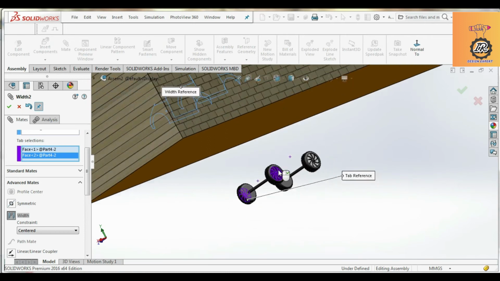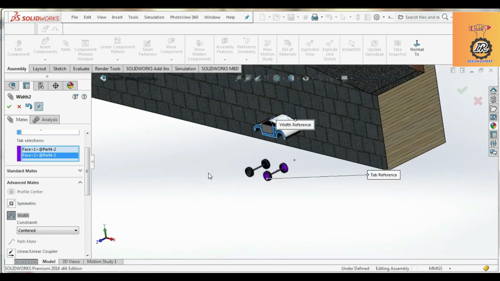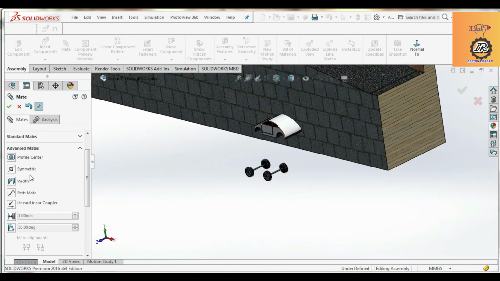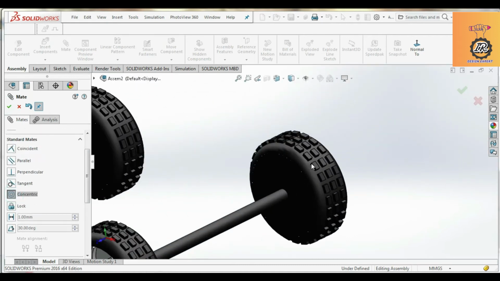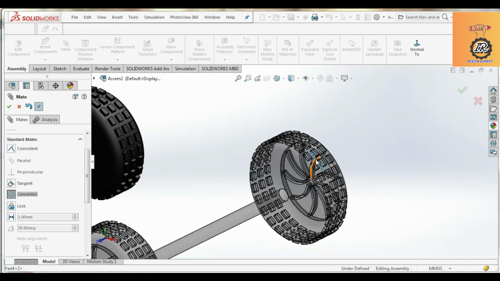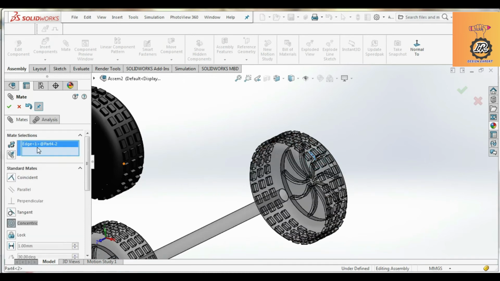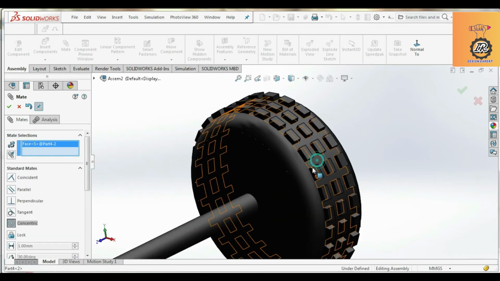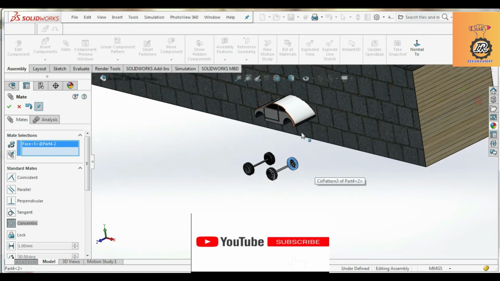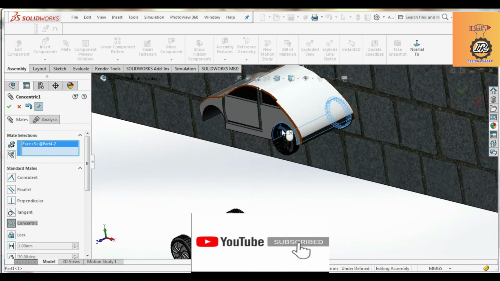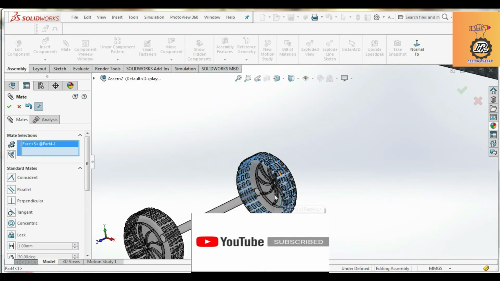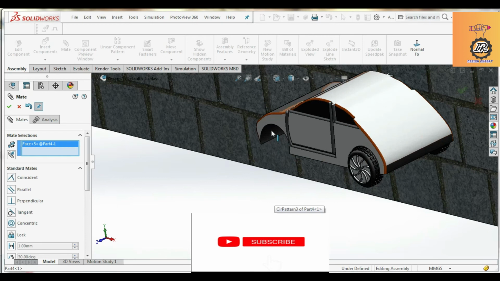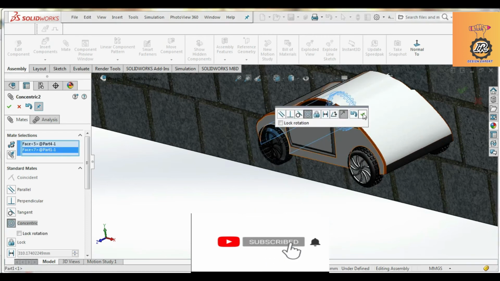Now going to normal mate, concentric, and you can select the inner circle, the inner surfaces and circumference of the car, and the same for the other wheel.